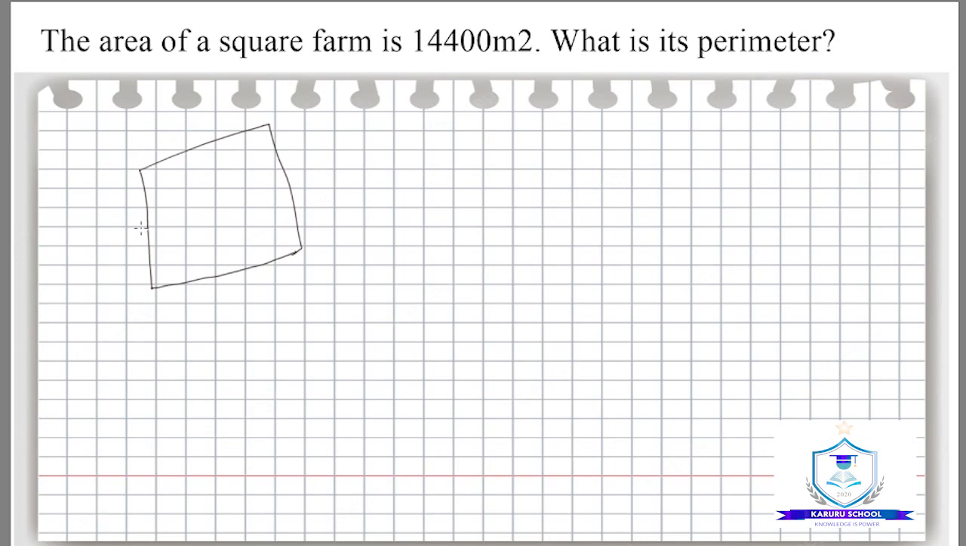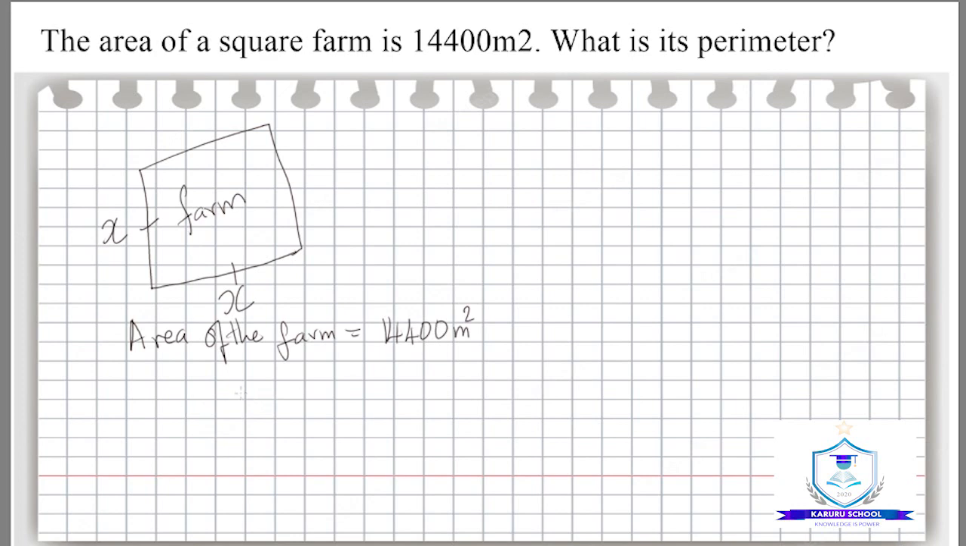So what we need to know is that the length and the width of the square farm are all equal. So in this case, we will allocate an unknown variable x as the length, and x would also be the width of the square farm. So this is our farm. So we have been informed that the area of the farm equals to